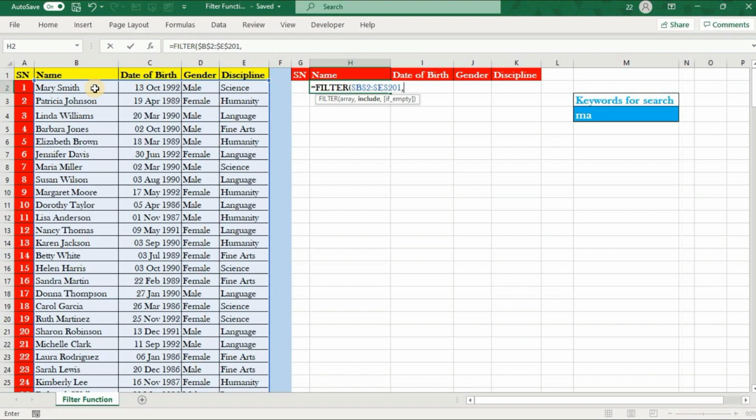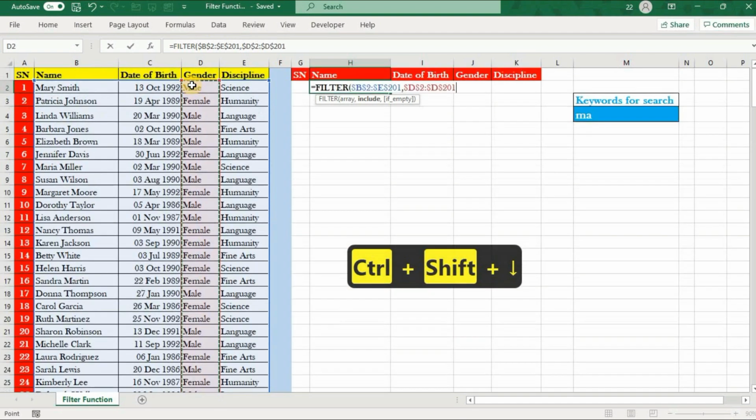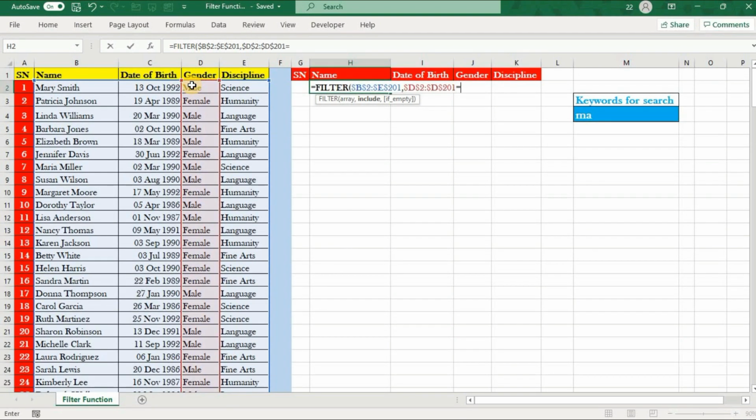My first criterion is, say I want to filter only the cells which are males. If no data is found, I want to be able to return an empty string or simply say not found. And I told you this one is optional, we can leave it also.